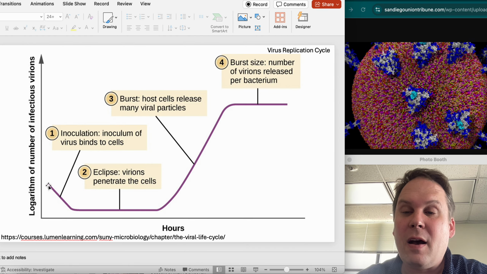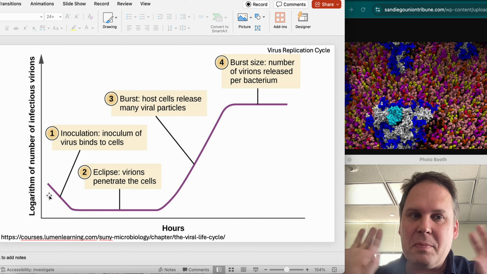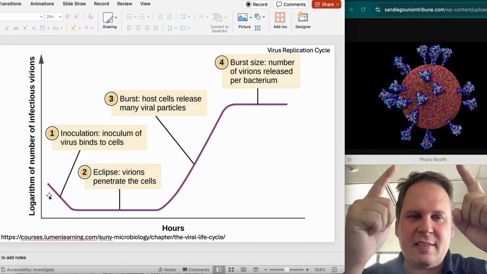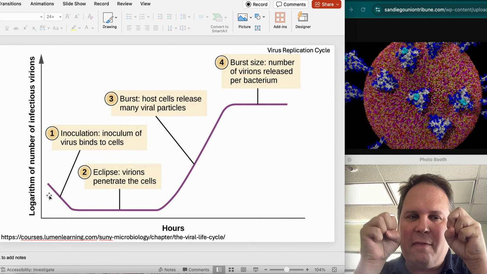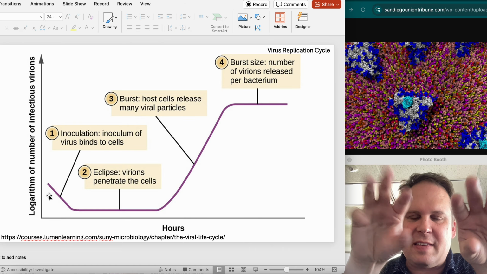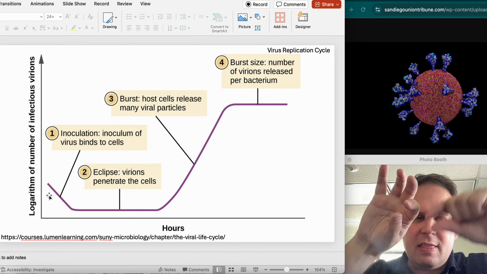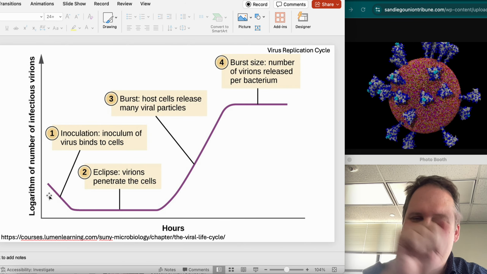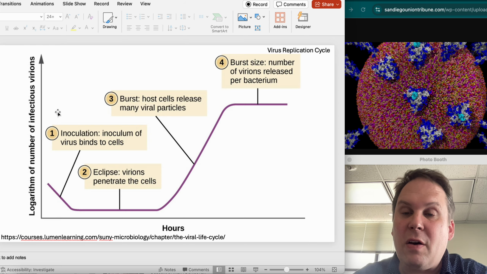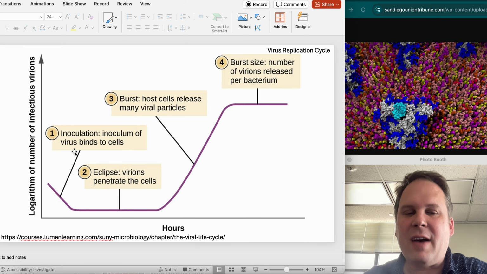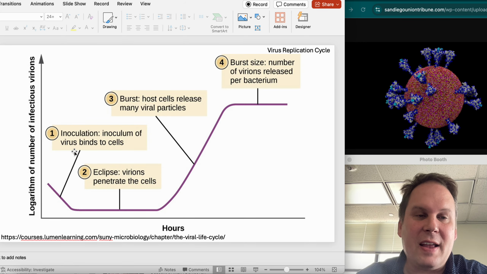So the virus is going to be on the outside, and it's going to be fully fit and ready, like this little thing up here. It is going to have all those coiled springs, and it's going to have that one chance to pounce on the cell, punch a hole in it, and get the genome out of the virus and into the cell. Before that happens, we call this the inoculation stage, when the virus is bumping into the cell and finding it.